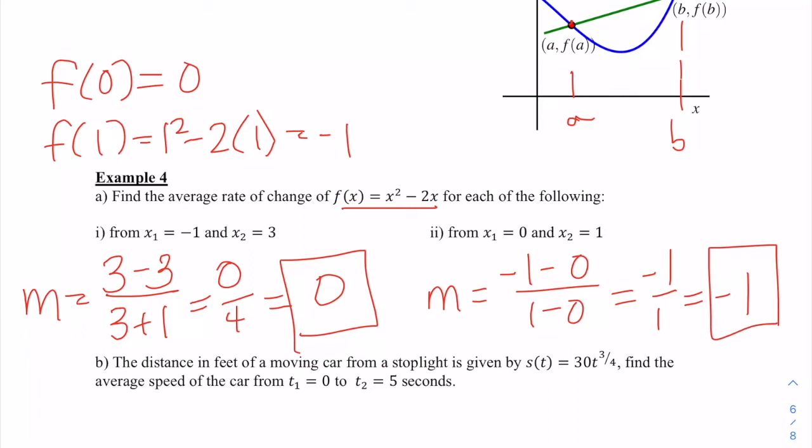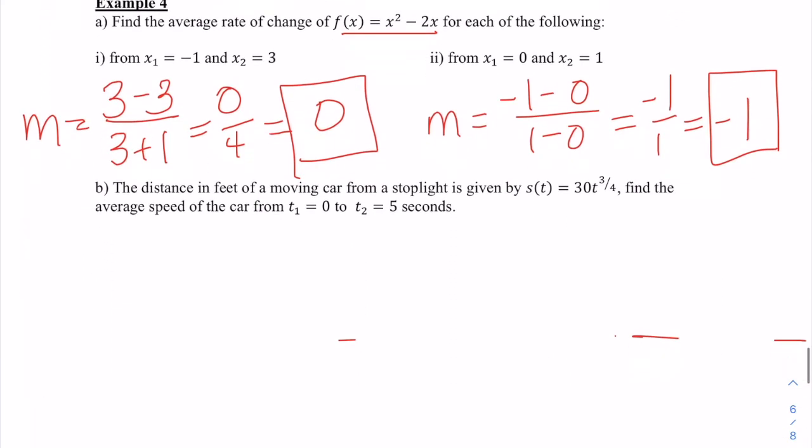We have a quadratic, and I want to emphasize a quadratic does not have a constant slope. So between these 2 points, the average rate of change is 0, and between these 2 points, the average rate of change is -1. And we try not to say slope unless we're talking about a line. But if you can tell, we're still using a slope formula to find the average rate of change. Now over here,